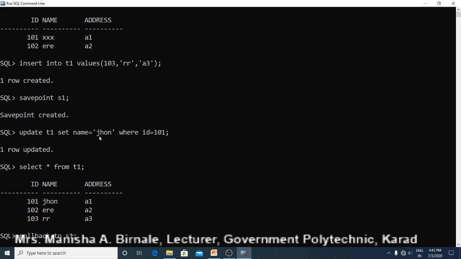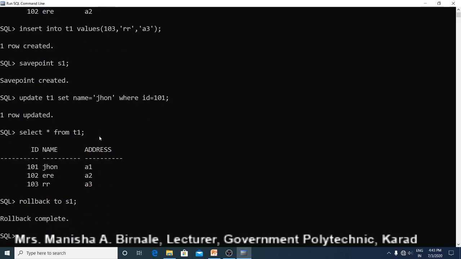Let us see rollback to S1. Rollback is complete. And now let us see contents of T1. Here you can see that the name which was updated is again undone. It happened due to rollback command. Rollback to S1 means our database is rolled back up to the save point S1.